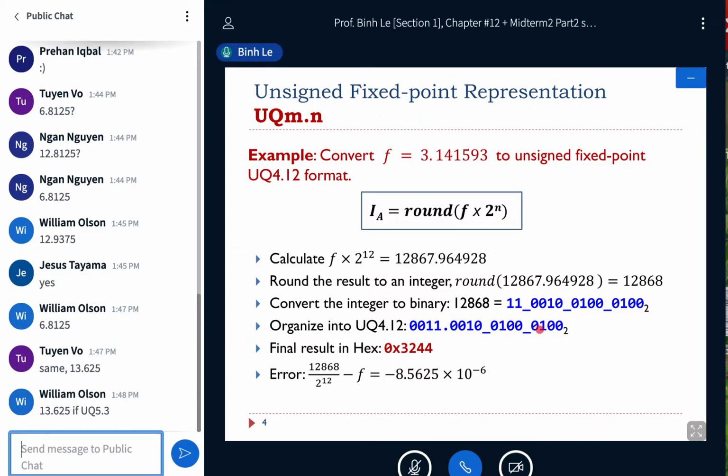0100. 0100. Is that okay? Can you do that? Wonderful, right? Easy, huh? Can you do that? So if in the exam, I ask you,